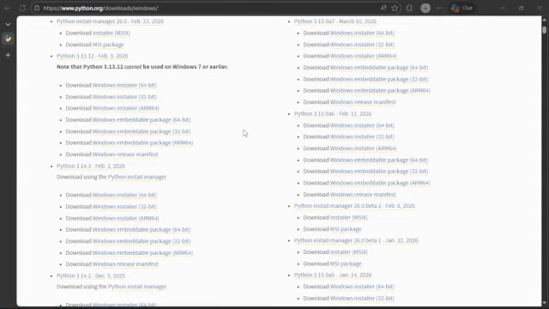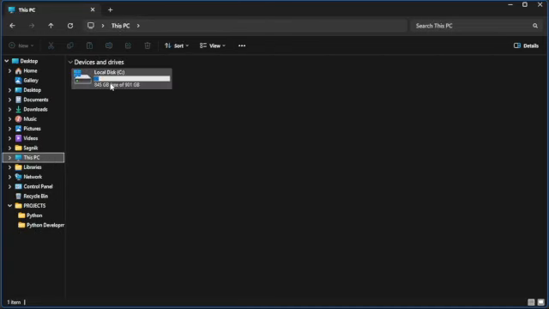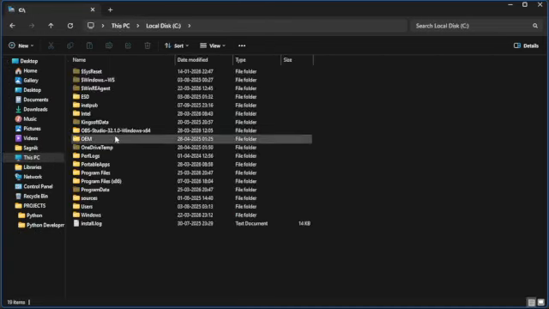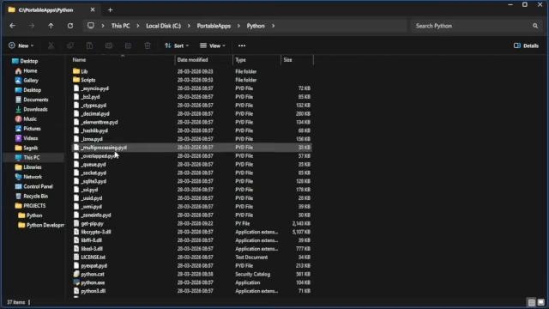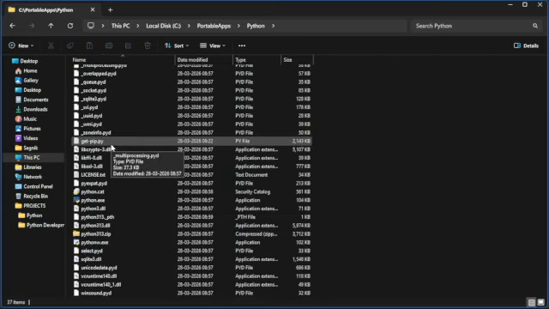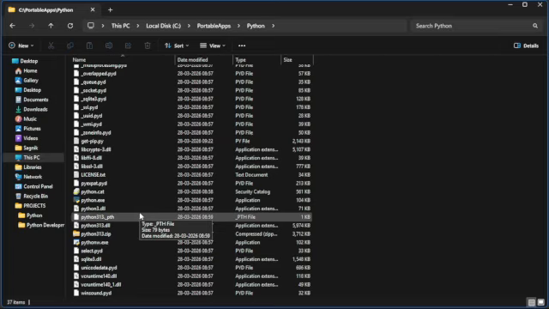But once you have downloaded it, you have to go to your Explorer, go to your C drive or D drive, whatever you have, and create a portable apps folder. Under there, you have to extract all the files for your Python, just like this. After you have extracted all your files, head over to this folder, just zooming in a bit,